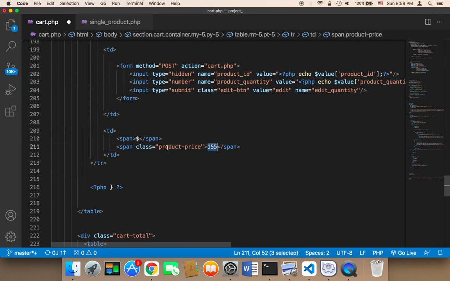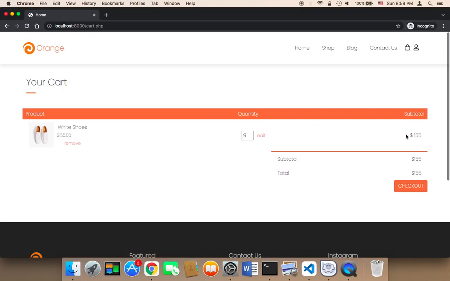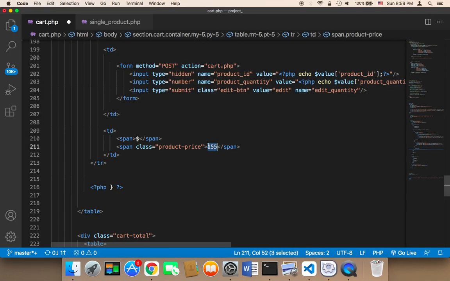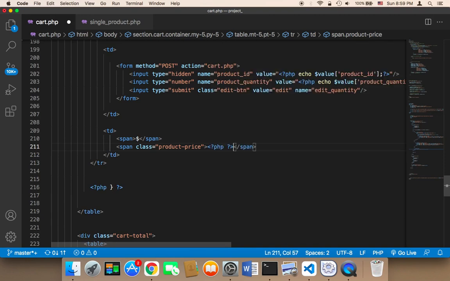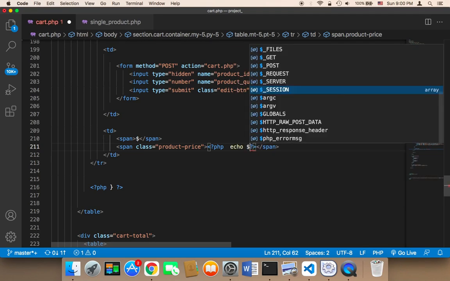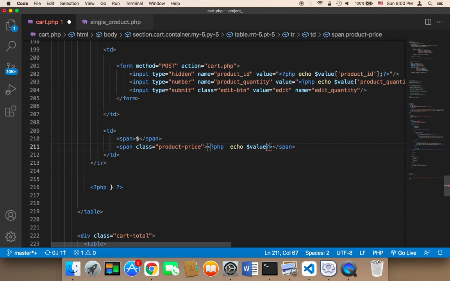So here in this product price, we have this price here, and also it's being displayed here. This is the single price, and this is the subtotal, the total of one product multiplied by the quantity. So here, instead of displaying 155, we need to say PHP, and then we need to say echo, and then we need to multiply the value product